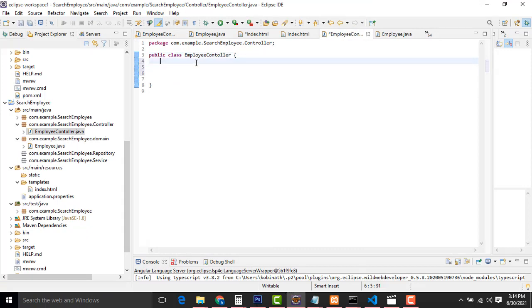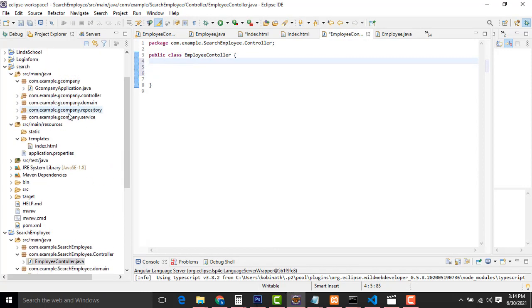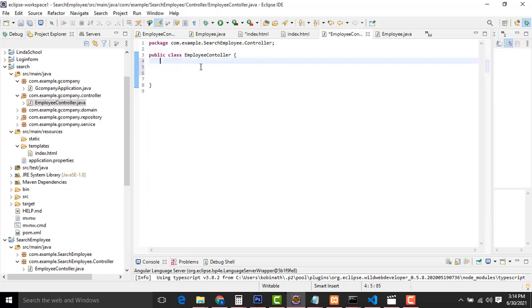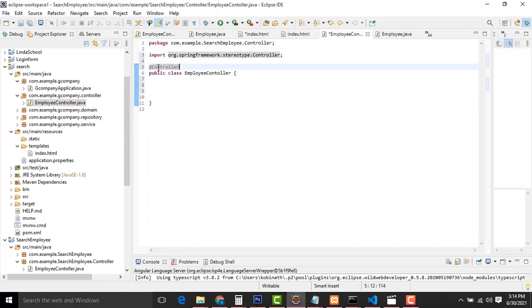So how to do the task within the controller? Here what I did is the search controller. We have to copy this one simply. First you have to write the annotation. The annotation is the tag which tells that this class is a controller. This is the controller annotation in Spring Boot. All the things we write as annotations are very suitable for understanding. If a person opens this file, they can easily understand that this one is the controller, right?